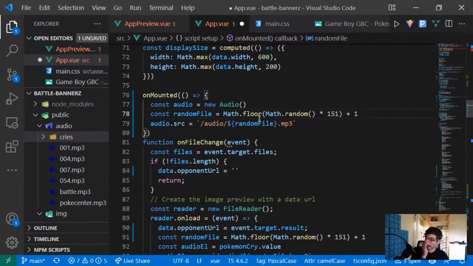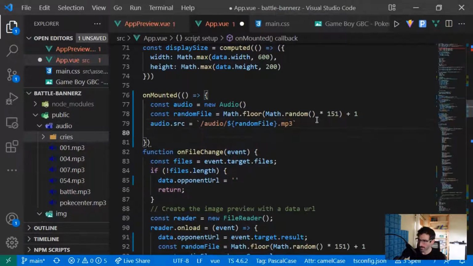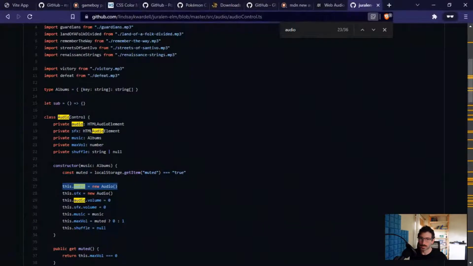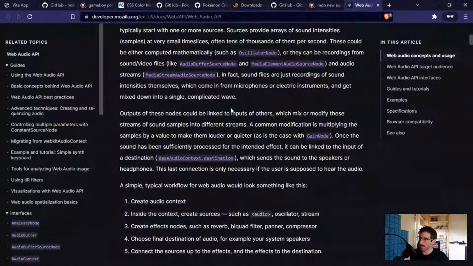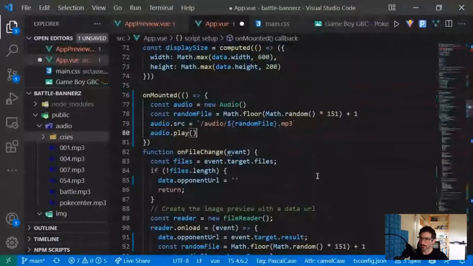Random file. And then I think we can probably just do audio.play. Okay, let's see. Let's pause the music. No, that's not it. Pause. Thank you. Let's see. So if I hit save over here,